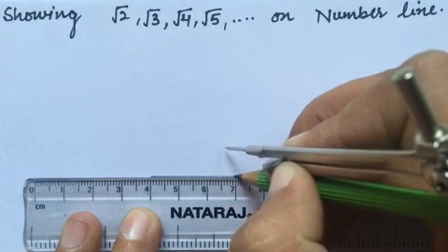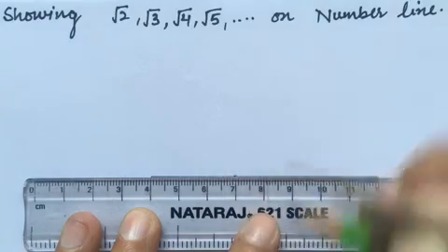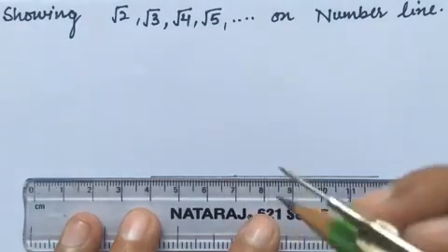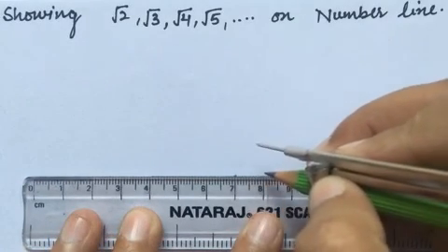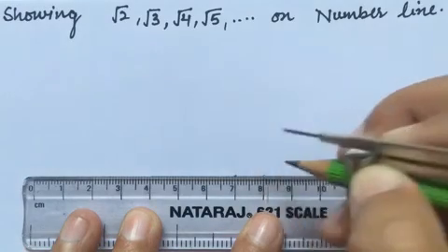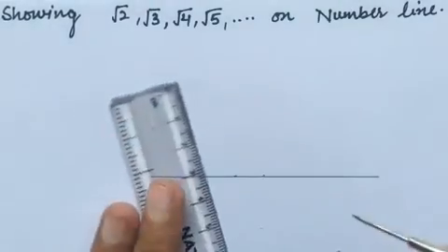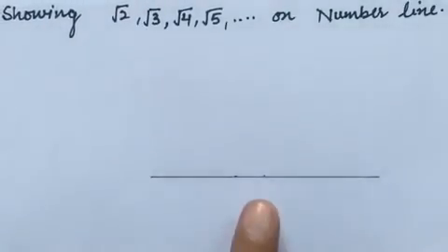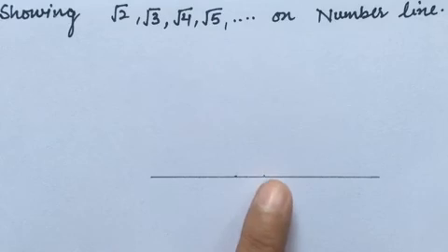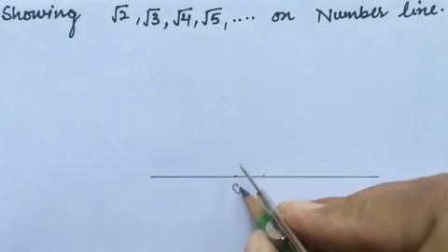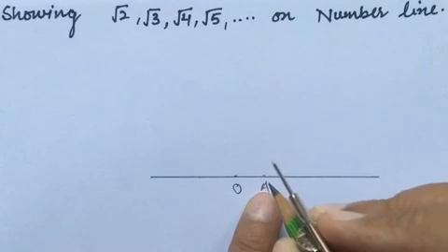Suppose I have marked a point over here. Is it visible to you? Now what I have to do is take 1 centimeter of length from this point, so I will take up to here, up to 8. So this is 7 to 8, which is 1 centimeter. Now at 1 centimeter we will make a 90-degree angle on this point. We will name the points O and A. So on point A we will draw a perpendicular, or 90-degree angle.